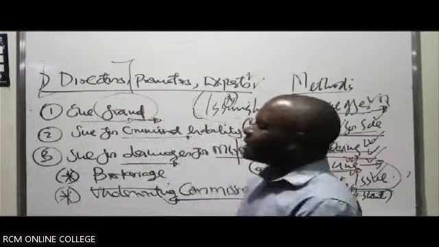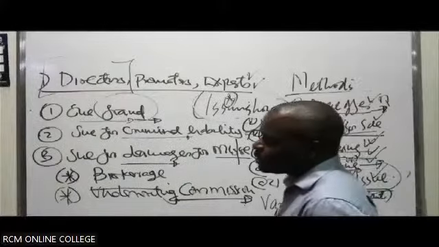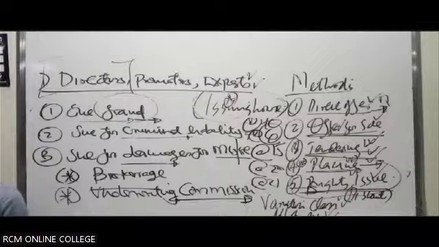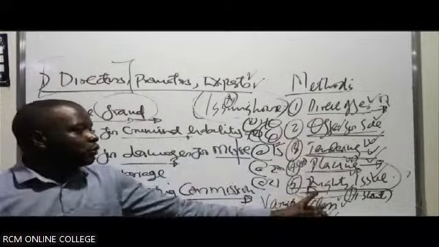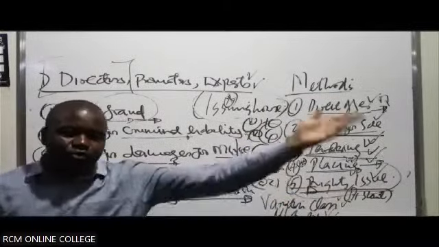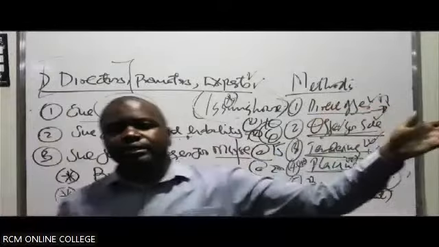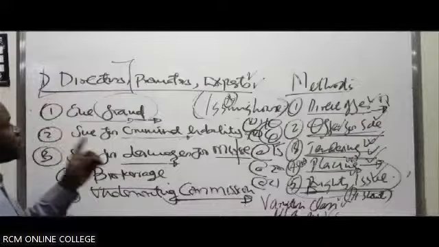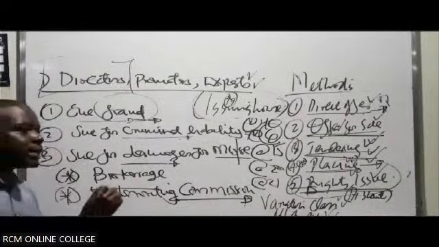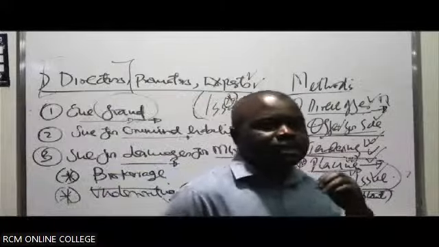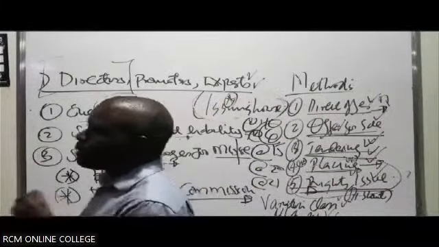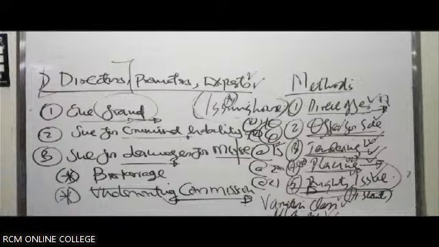Instead, just say offer for sale, then explain. Because if you say advertising, it is very broad. It can apply even to all of them, because in all of them you'll have to go out publicly in most instances, and therefore you'll be advertising. And in this case, you'll likely be using what? The prospectus. A prospectus is a notice or advertisement issued by the company, inviting members of the public to subscribe or apply for the company's what? Shares. So we've been able to get my point, Doris.